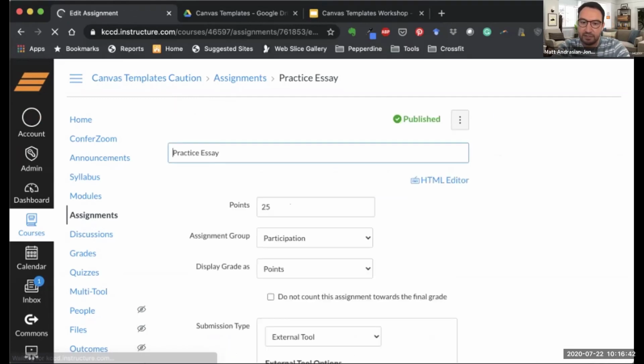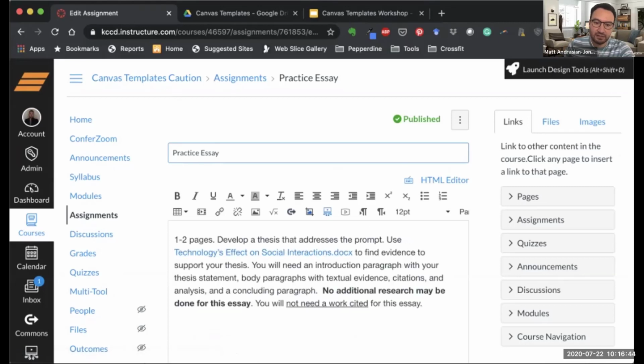I want you to see something. So right now I have this content, right? And if I come in here and I open up Design Tools,